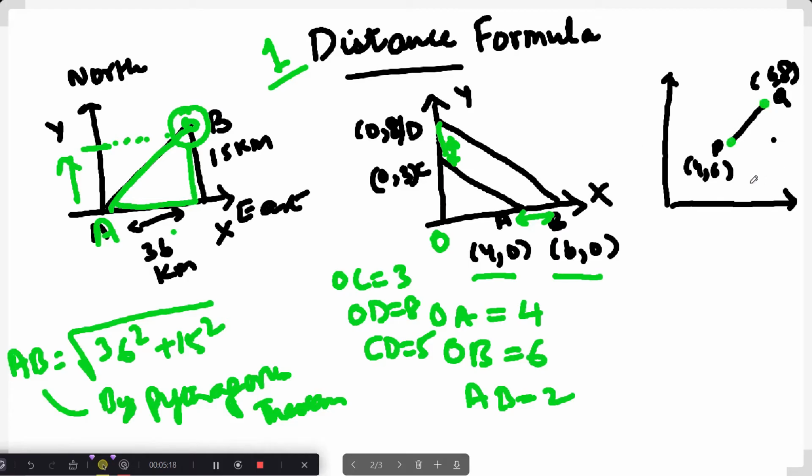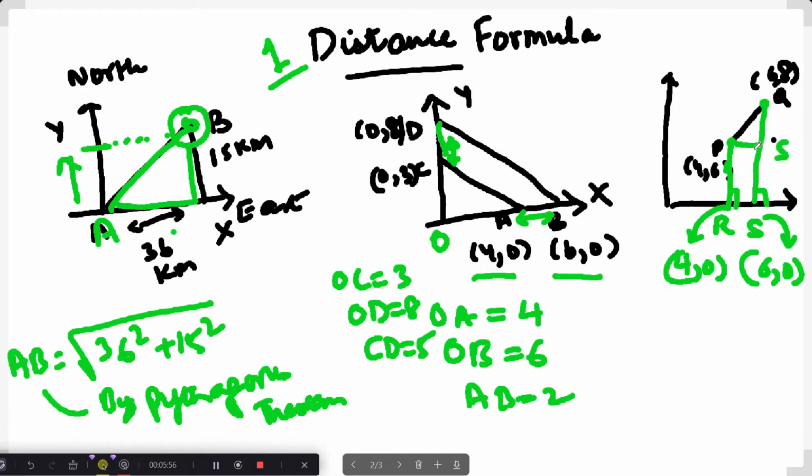What about when they are not on the axis? There's a point 4 comma 6 and a point 6 comma 8. So what we do is we join them, and bring it here first, right? So what will this point be? I hope you understand how this works. Now let's make lines perpendicular here. These are lines which I've drawn as perpendicular, PR and QS. And I have also drawn a line like this. Sorry, this is T.